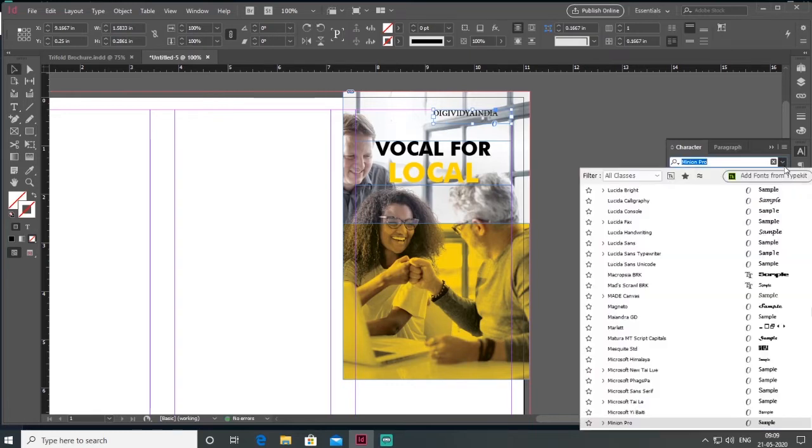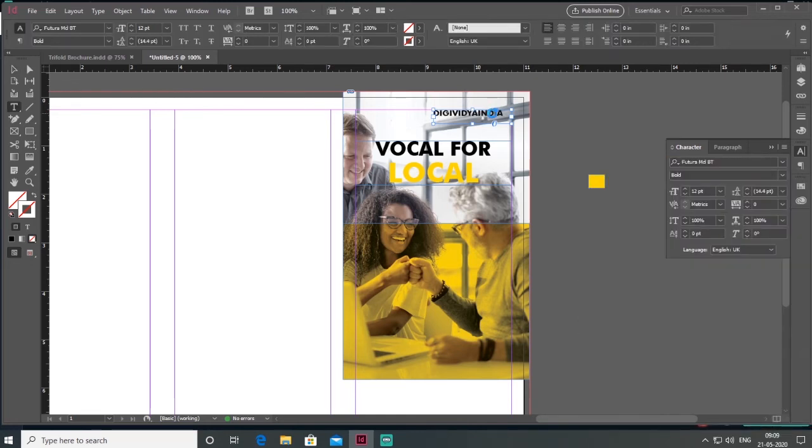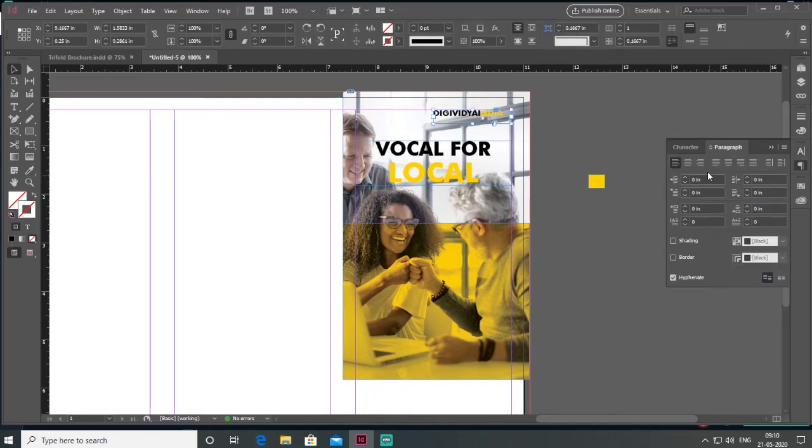I just change the font face of my logo into Futura and select "India only" and change the India color to yellow and go to Paragraph and align right.